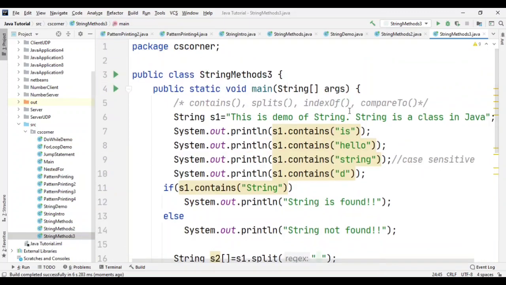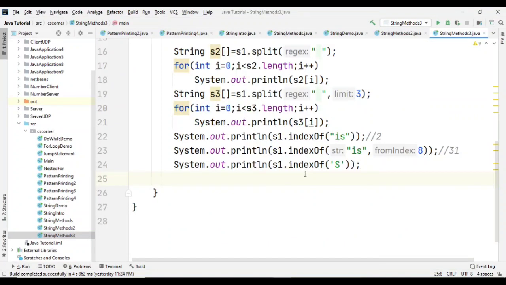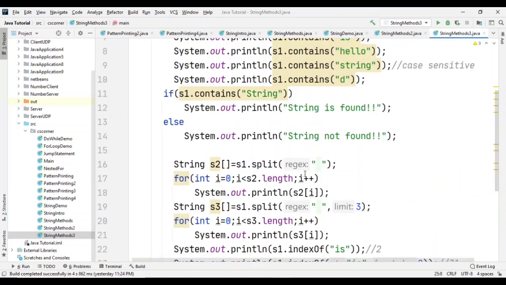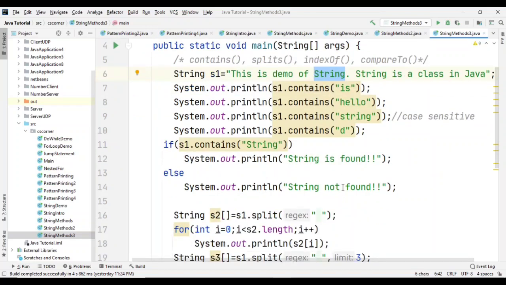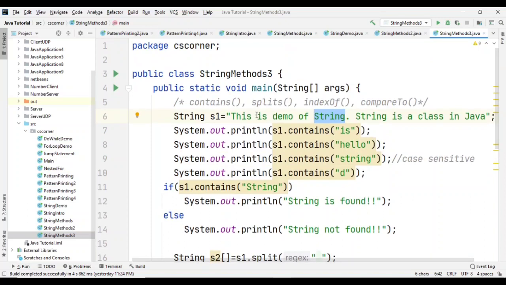So that was index of method. Now there is a method known as last index of, which returns index of last occurrence of a particular string. Let me explain that. For example, in this I am having a string which is appearing twice. If I want to find out index of this string, not by using index of method but by using last index of method, then it is going to give me index of this string, not of this one, because I'm using last index of. So similarly, if you see "is" as a word, if I'm using last index of, it is going to give me position of this one.